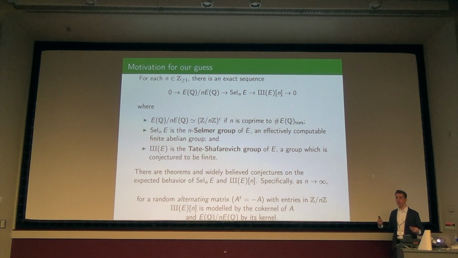There's a massive amount of work that's gone into making predictions for this. You might think about it in some coarse ways like generators and relations, but they respect an alternating pairing. The thing to take away here is that this group is measured by the kernel of a random skew-symmetric matrix with entries in Z mod nZ. And if you were to let n be a prime power, there really will be some heuristics and theorems in this.